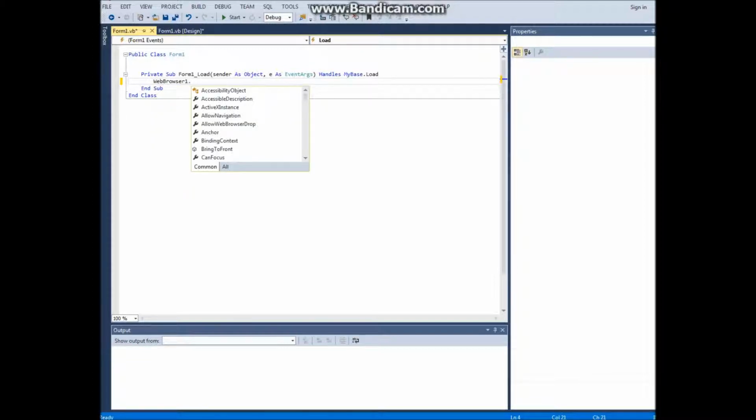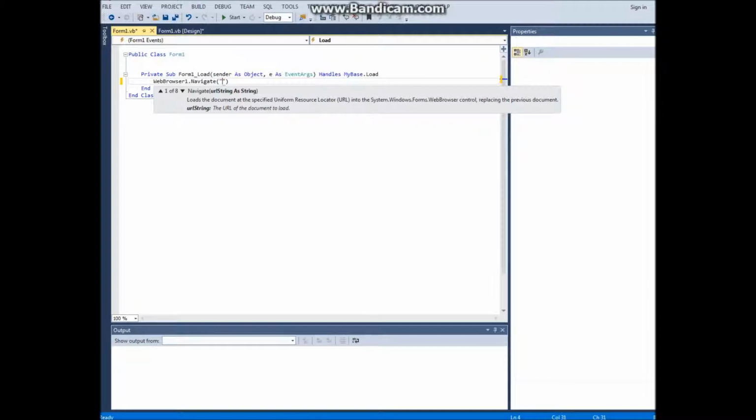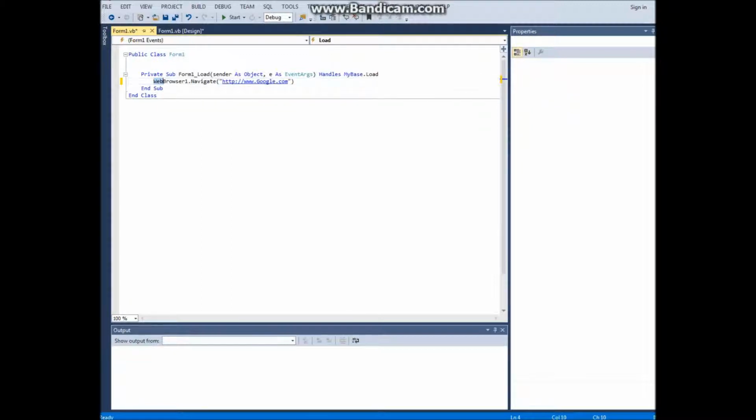So that just calls upon our web browser and makes it navigate to the URL of http://www.google.com. So that means when this program, our web browser, first starts up, it will navigate to the website of